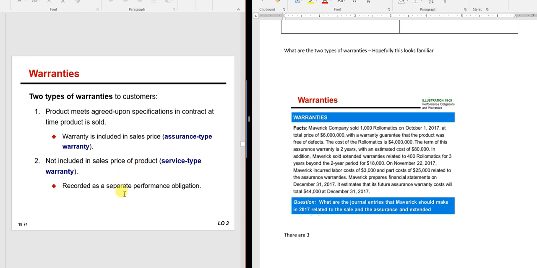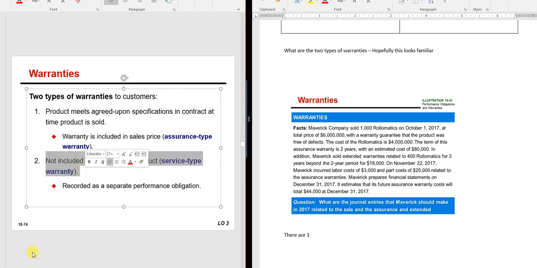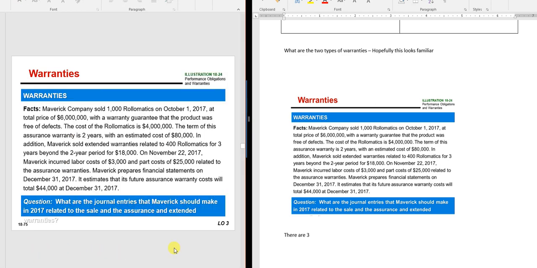So when we think about the performance obligations, I can't separate this one out from the TV, but I can separate this one out for the TV, so it's a separate performance obligation. Okay, so make sure you get some of these